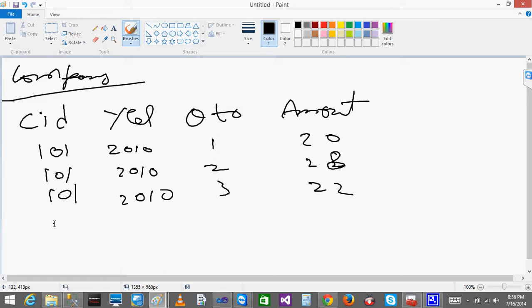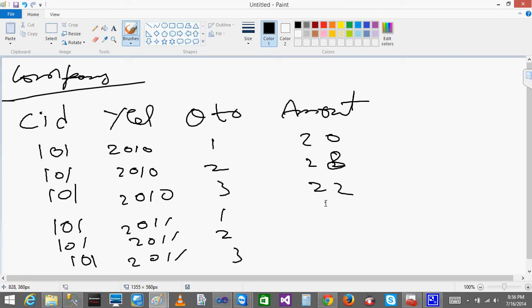Then 101, 101, 101, 2011, 2011, 2011, and quarters 1, 2, 3. Let's say we have only 3 quarters. Amount is 20, 26, 28.